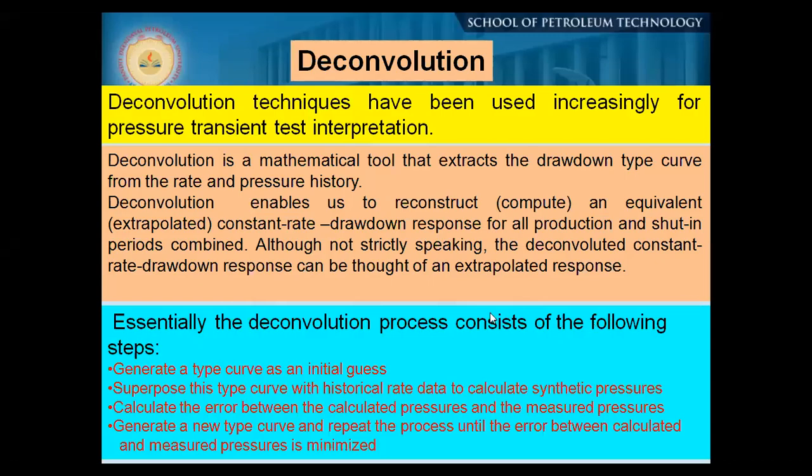Okay, sir. As we continued our discussion on deconvolution, what is deconvolution? We discussed in the last class that deconvolution is a mathematical tool that extracts the drawdown type curve from the rate and pressure history which we record during well testing. So deconvolution enables us to reconstruct or compute an equivalent constant rate drawdown response for all production and shut-in periods combined. Okay, so we'll discuss today how the specific data will help us to reconstruct the well information